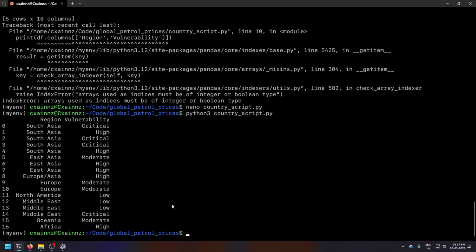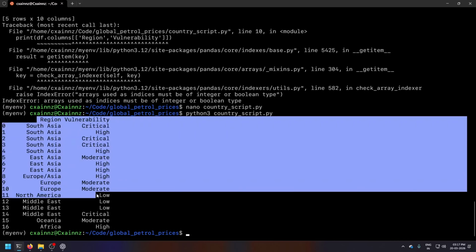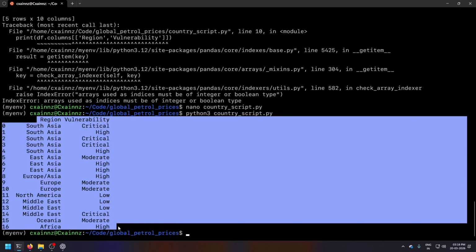So what I can do to make this type of graph is, I would say, a creative thing to do to plot this.